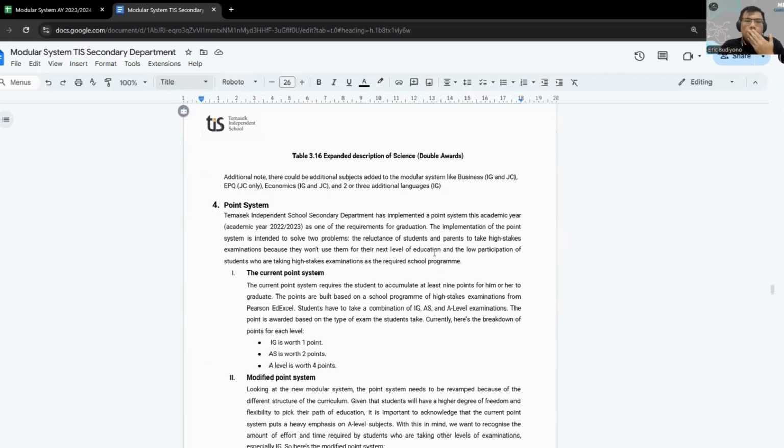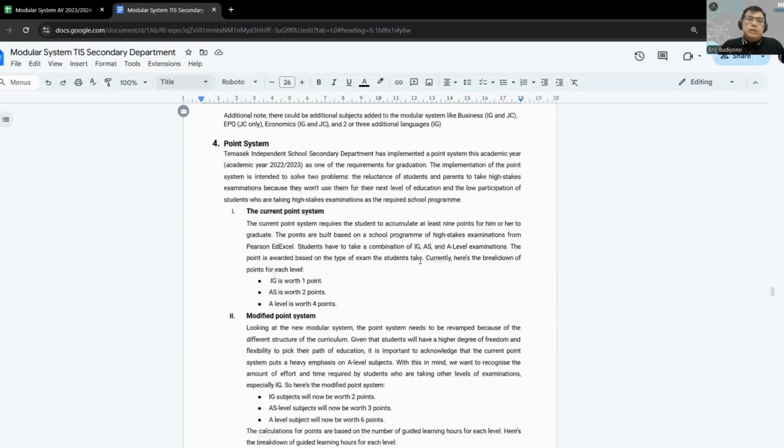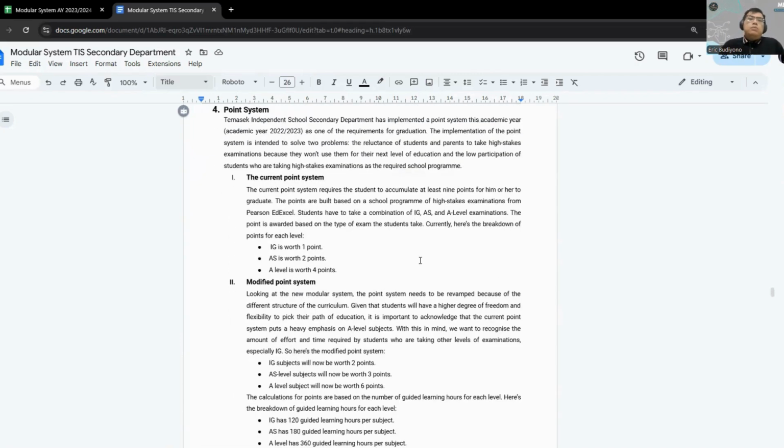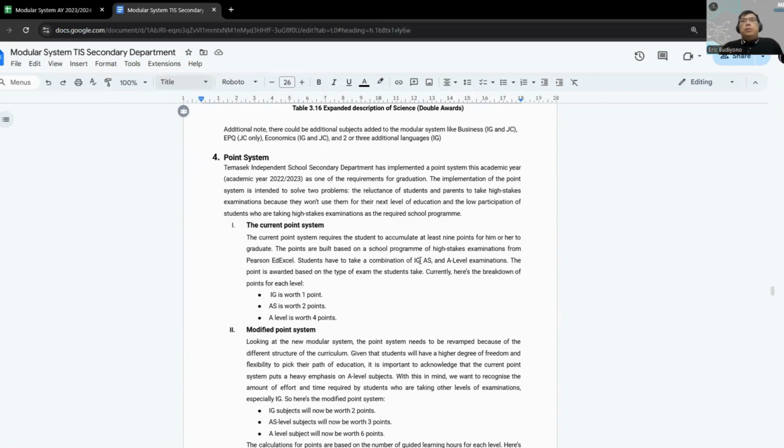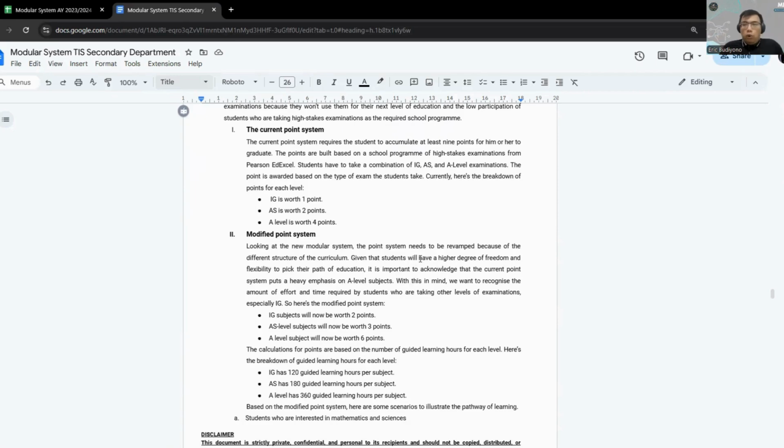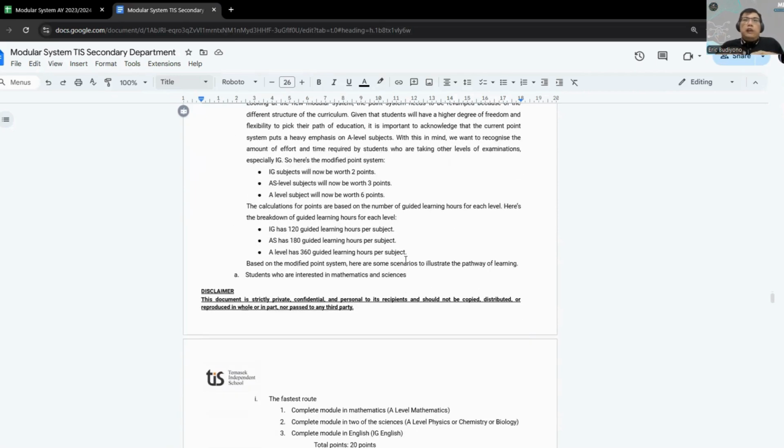So you might ask, if the student can take whatever subject they want, whenever they like, then what about graduation? That's a fair question, and that's why we have this point system. The point system basically says that to be able to graduate from Temasek Independent School grade 12 and get your certificate, you need to have a certain number of points. And the way that we award the points is basically if you take the